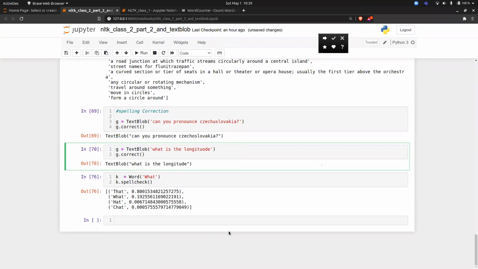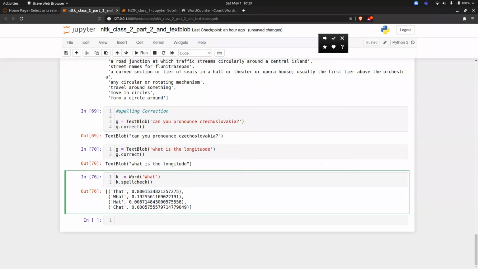Now it's clear that a small letter and a capital letter are given two different things. That I understood, but I got your point. If it is the start of the sentence, it will be in caps, so I think it should not be correcting that. Yes, I got your point. But this is what they're doing behind the scenes.